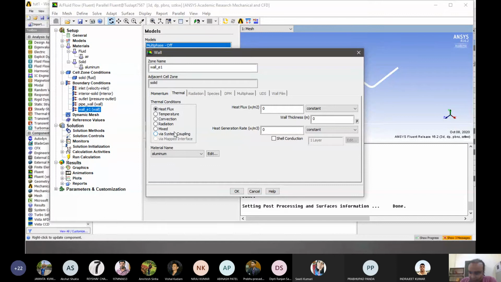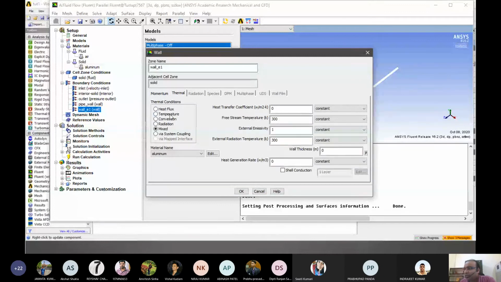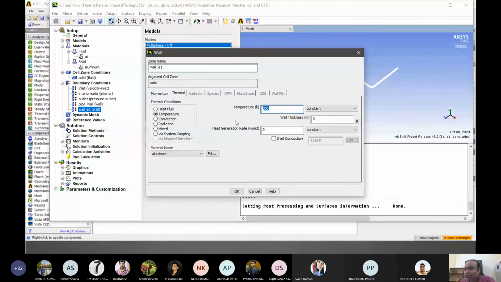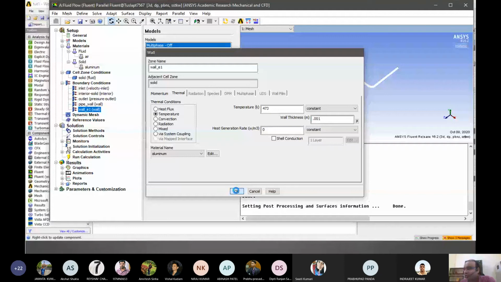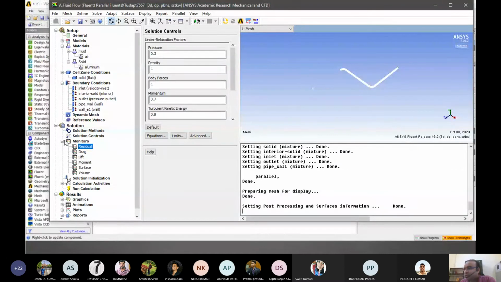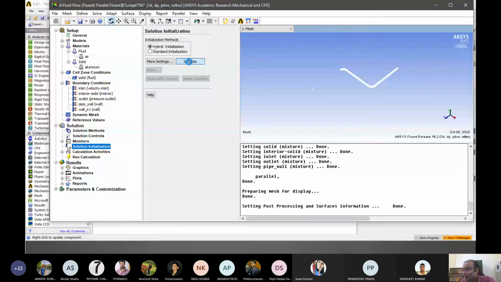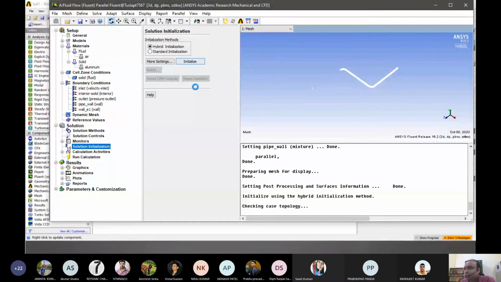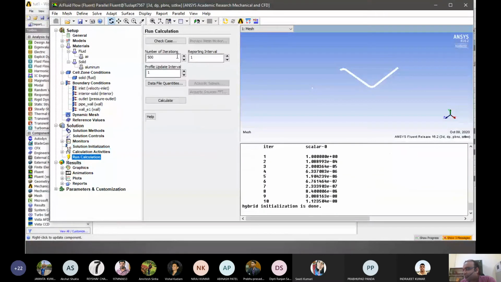Wall thickness you can define as a very small thickness, I think we can do 1 mm. And let's click OK. So that's the whole portion we have to change. Other things all remain the same. The solution methods we have kept the same. Even the solution controls and the monitors, the residual values are the same, 1e to the power minus 6, that's okay. And similarly, we have to initialize again. Then divide the whole run into 10 and do this analysis again.